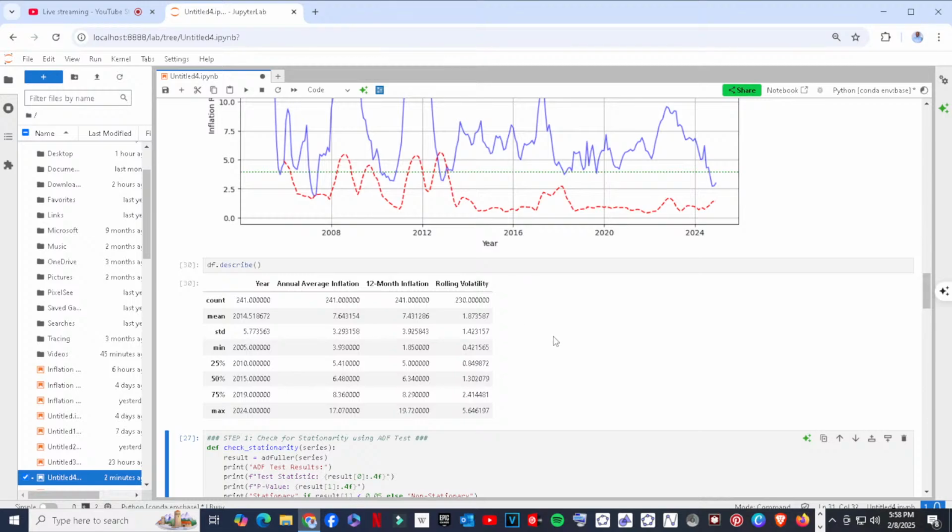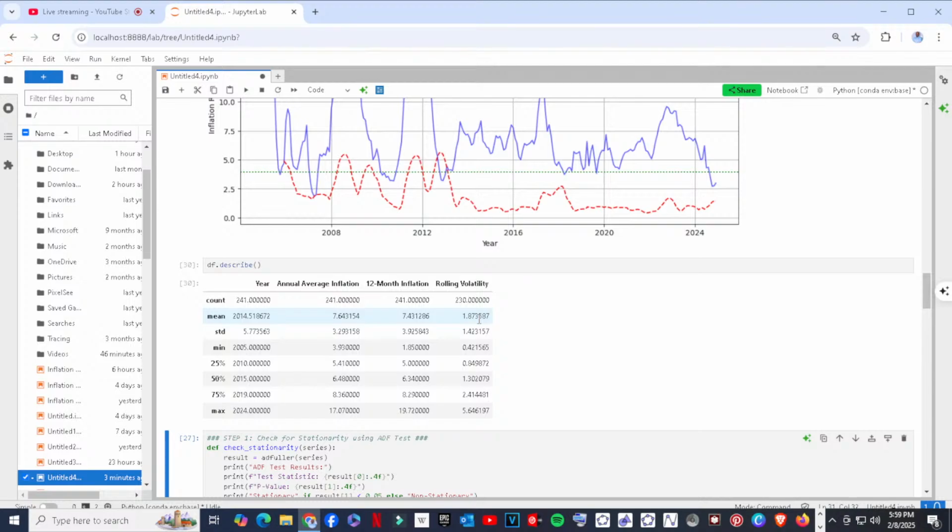Yeah, see this? Having given that other command, there's another column that we have added, referred to as rolling volatility. We see that the mean of rolling volatility is 1.87. Realize that the mean of rolling volatility is now worked out from the 12-month inflation.